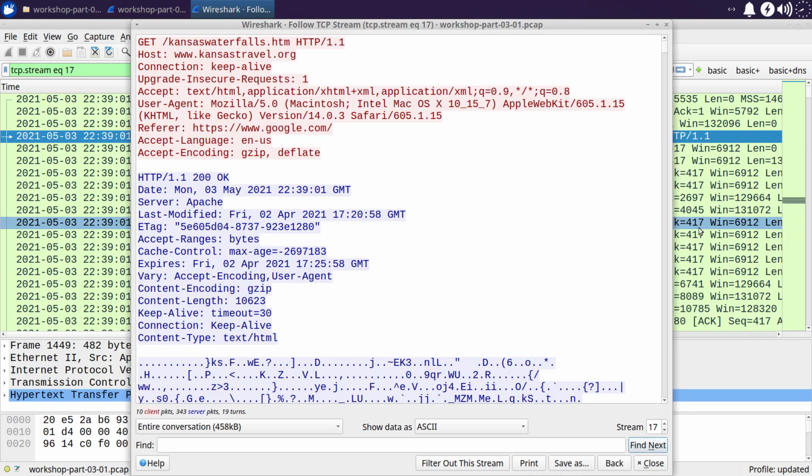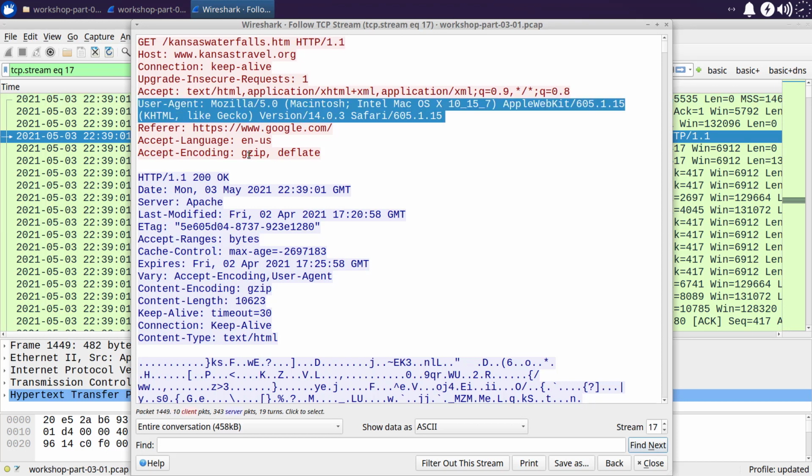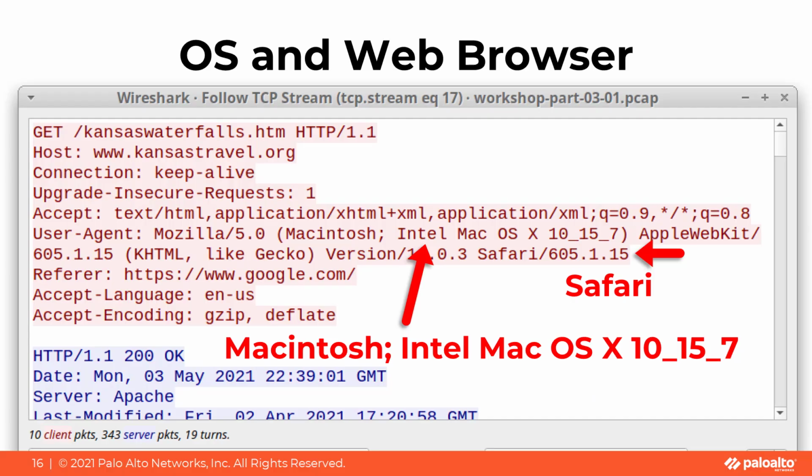After you follow the TCP stream, find the user agent line in the HTTP GET request headers, which is right here. This traffic was caused by using the Safari web browser on a MacBook. You can see Safari listed in the user agent line. You can also see Macintosh, Intel, Mac OS X